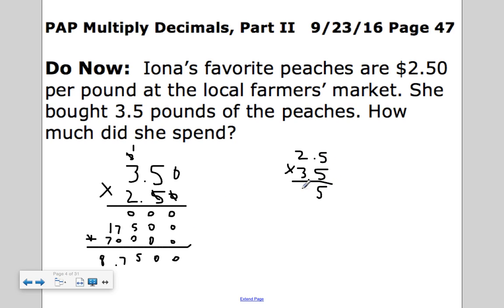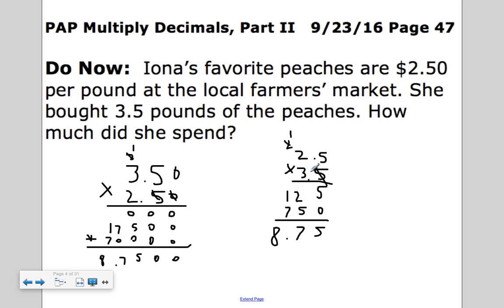5 times 5 is 25, carry the 2. 5 times 2 is 10 plus 2 is 12. Don't forget the placeholder. So I cross out the 5, so I'm in my tens. 5 times 3 is 15. I carry the 1. 3 times 2 is 6 plus 1 is 7. I added up 5, 7, 8. There are 2 digits behind the decimal point, so I jump it twice. 875. I could have done it by this, rounded, about 2 and 5/10, about 3 times 4 is 12, or